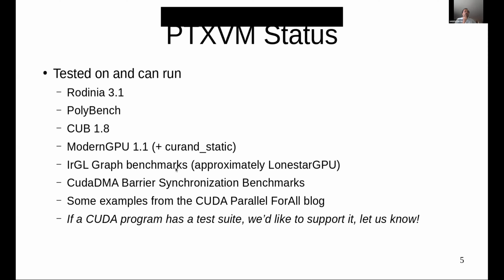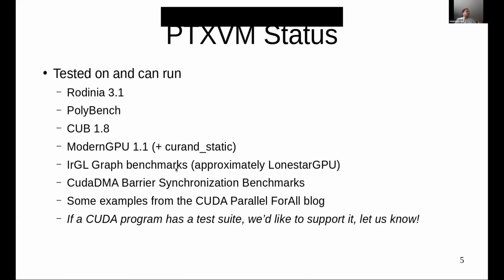It can run ModernGPU 1.1, which, although the library has been abandoned for some time, is still used by many high-performance CUDA programs. One curious thing about ModernGPU is that it internally uses CUDA's random generation library, cuRAND. And if you link it with the static version of the library, we have no problems running cuRAND too. We can also support running dynamic libraries from CUDA, but we haven't done the engineering work required, but it's not